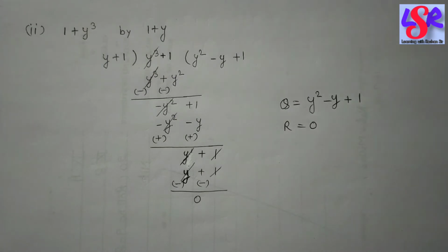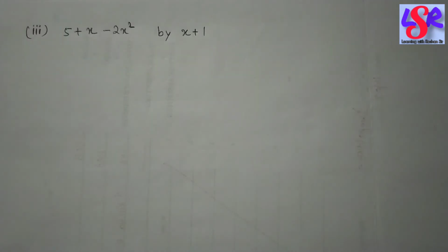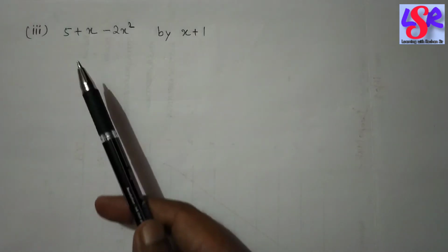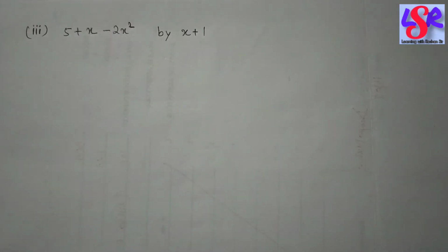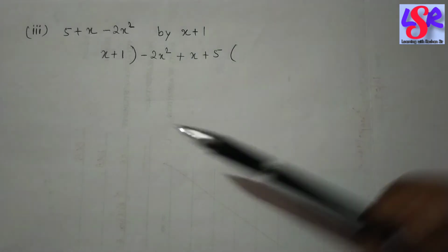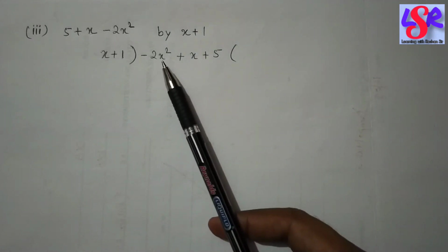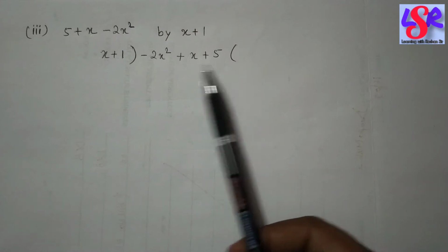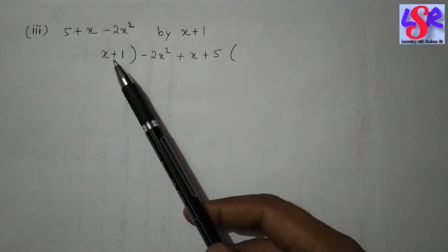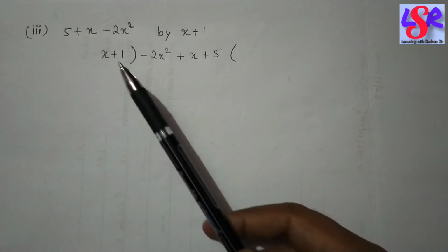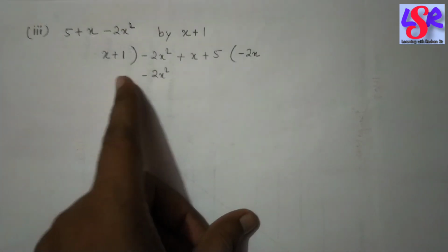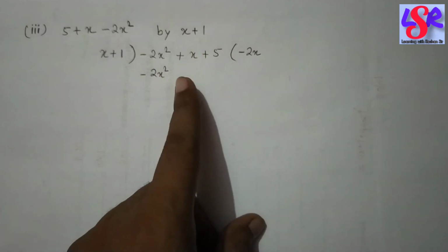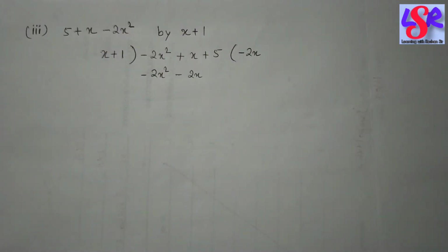Now let's see one more part from here. Here we have the third part. In this one, we have to divide this expression by this binomial. Now first of all, we are going to write this one as this one. Here we have seen that we have written this one in a reduced form of the parts, and similarly over here. Now we will see what we multiply in x to get minus 2x square, and then we will be multiplying 1 by minus 2x to get minus 2x over here, and after this we will subtract it.